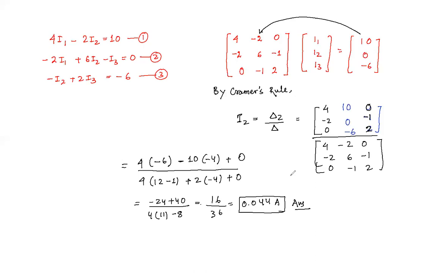Clear? So this is the current that is flowing through it. By this method, we found the current I2, right? Similarly, sorry, this is I2. Similarly, you calculate for I3 and see how much current is totally flowing through it. So this is I2 only. I'm only calculating the value of I2. This is not the total current that is passing through 2 ohm. I just calculated the value of I2. We can calculate the value of I1 and I3.